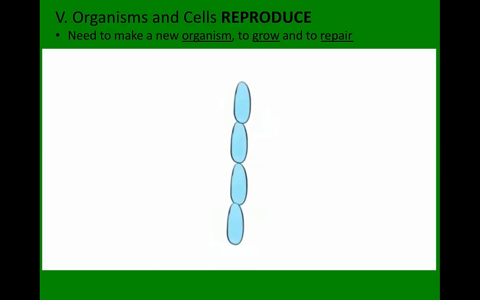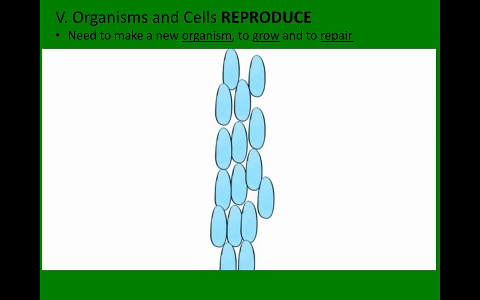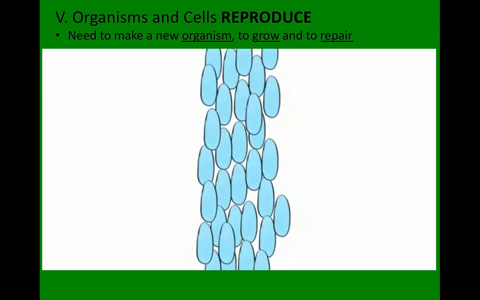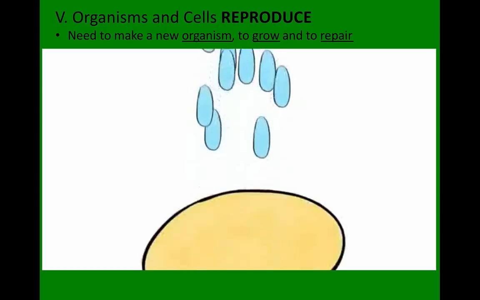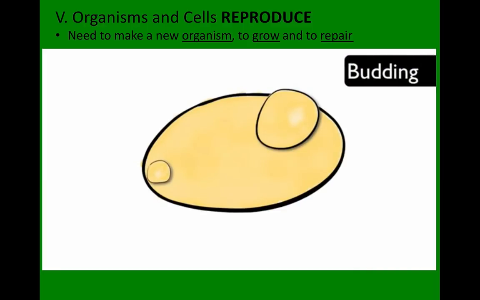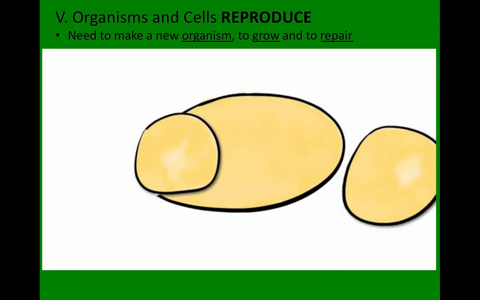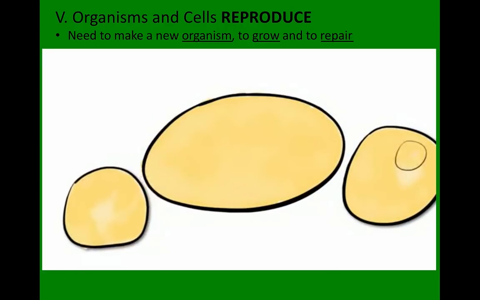In some one-celled organisms, cell division is a method of asexual reproduction. Bacteria cells reproduce through cell division. The cell makes a copy of its DNA, then sends it to the new bacteria cell. Some bacteria can reproduce as fast as every 20 minutes. Another method of asexual reproduction is budding. Unicellular yeast cells grow new cells off the side of another. When the cell is developed, it falls off, and a new yeast cell is produced.